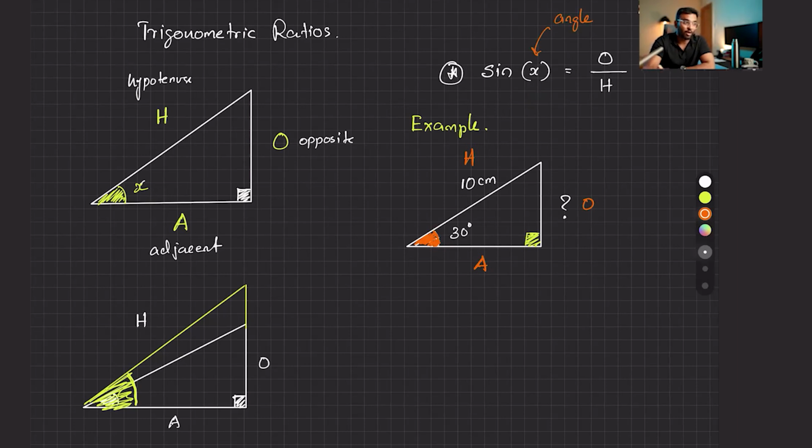This is the opposite side. We don't know what the opposite side is. Do we have the H here? It's 10. So you would write sine of x. This is the formula, by the way. You need to know the formula. O by H. And we are going to replace the angle here. So sine of, what is the angle, guys, here? Sine of 30. Okay? Equals, what is O here? We don't know O. So we will keep this as O itself, divided by what is H, guys?